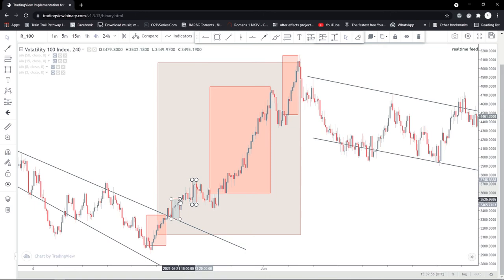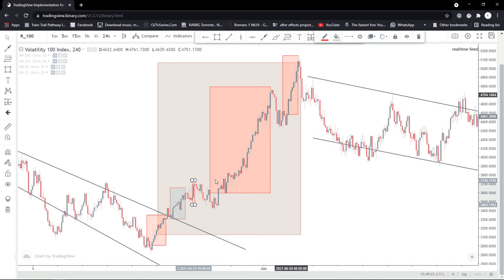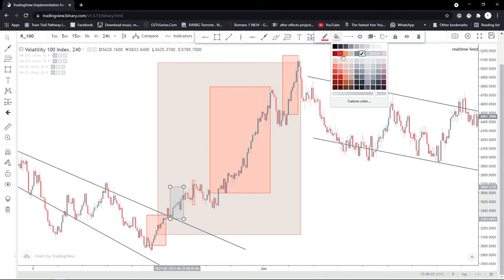guys, remember this, please. Level, retest, level, retest, level, reset. Please do remember that. You should remember that, guys. And then there's your next level. Actually, your next level starts here